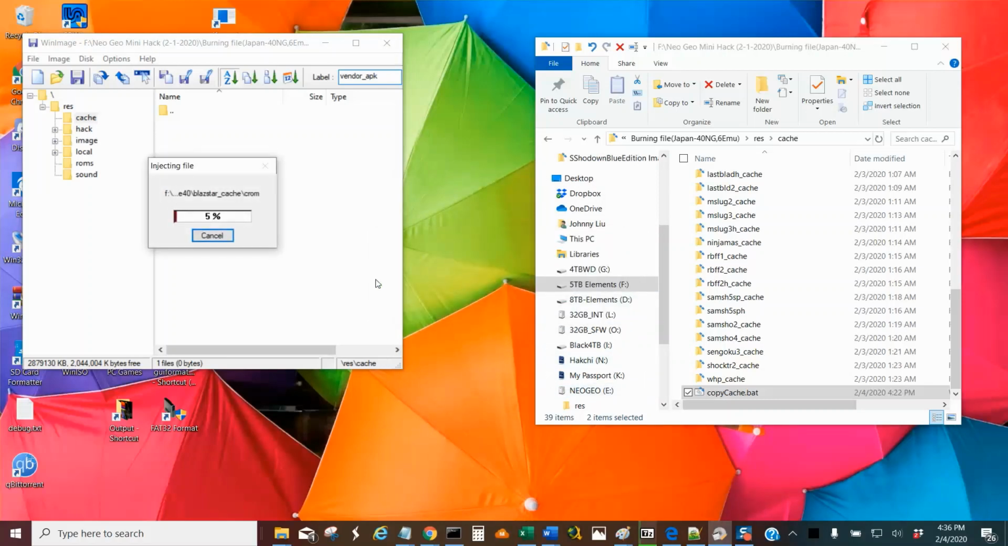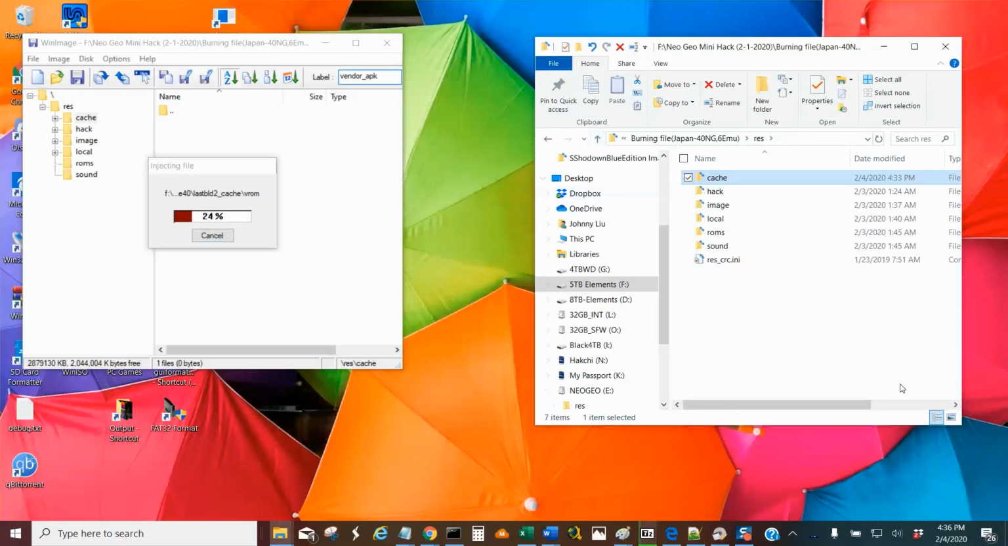And that's pretty much it. So once we close this, we are ready to burn the system. We are ready to burn the image. Okay. So once it's finished transferring, then once it's finished burning, we have to rename